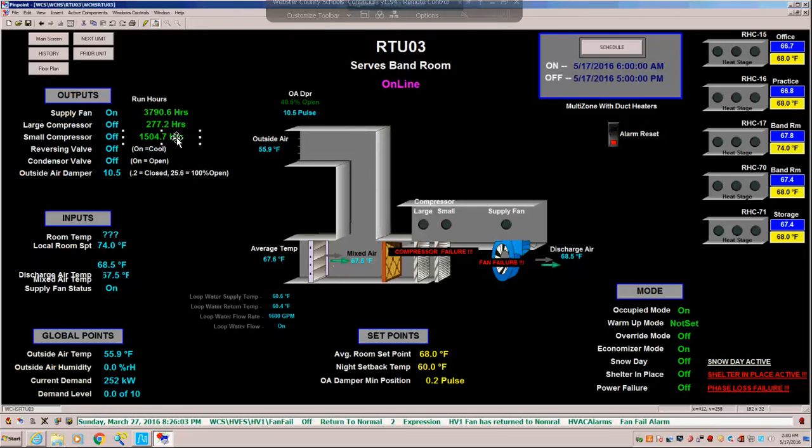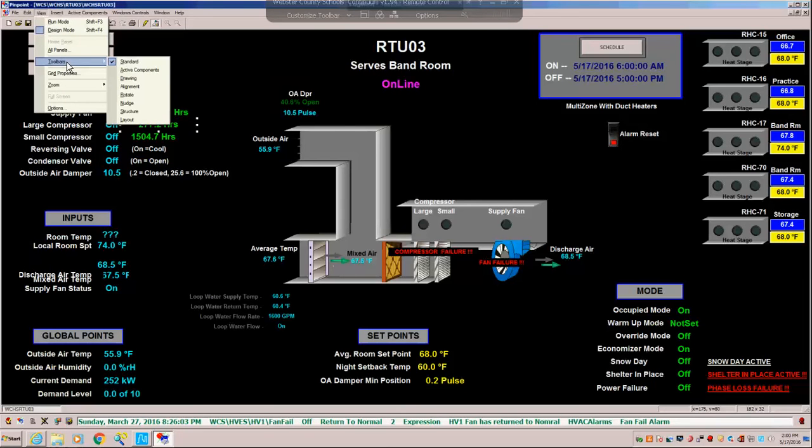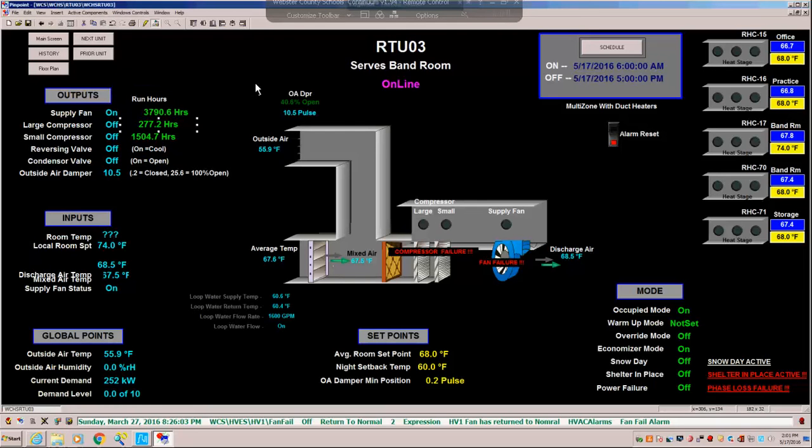So if these are not in alignment, and they're not, you can align them. You can go back to each one of these and do them individually if you like. But there are some toolbars on here that are pretty useful. To go to those, you go to this view, toolbars. I use alignment a lot. This allows you to, if you want to align things, make them in horizontal or vertical positions,